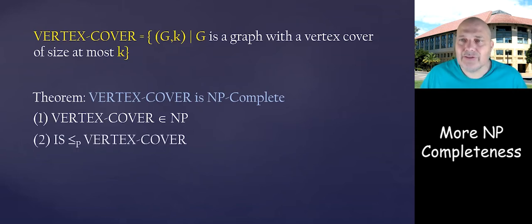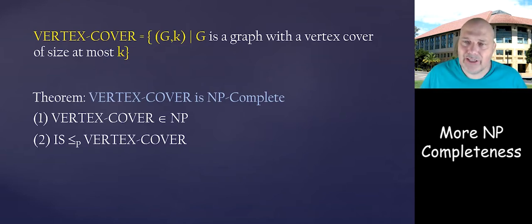And the second one is we want a polynomial time reduction from some problem. Here it will be independent set to vertex cover. And here we'll need to show that the reduction itself is polynomial time, and then it is the if and only if. So altogether there are 4 things to show: that it is in NP, that you have a reduction, and the reduction is polynomial time, and then the if and only if.